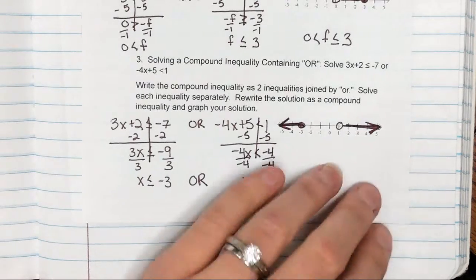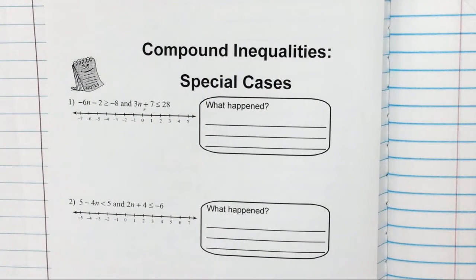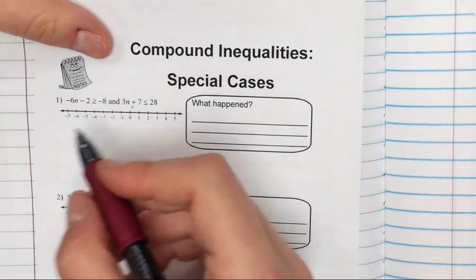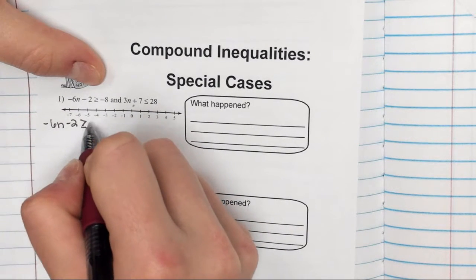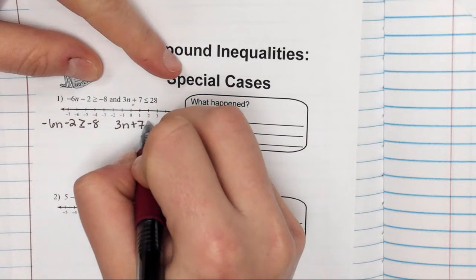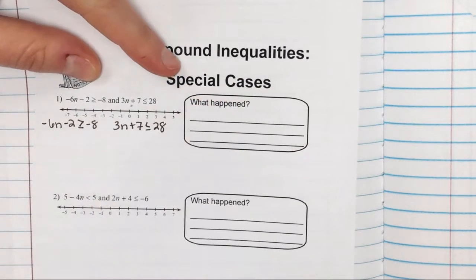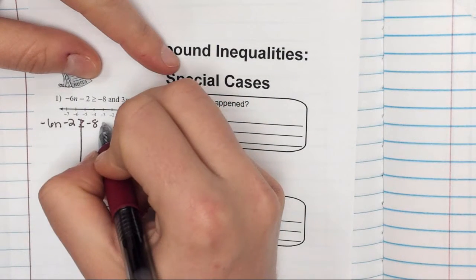All right, let's look at a couple of special cases here. Sometimes funky things happen when we solve compound inequalities. So in this example, I have negative 6n minus 2 is greater than or equal to negative 8. And I have 3n plus 7 is less than or equal to 28. So if I solve this, this is linked by an and,